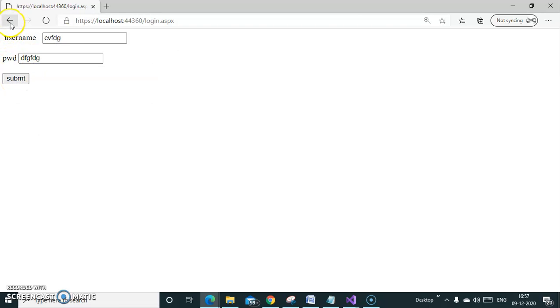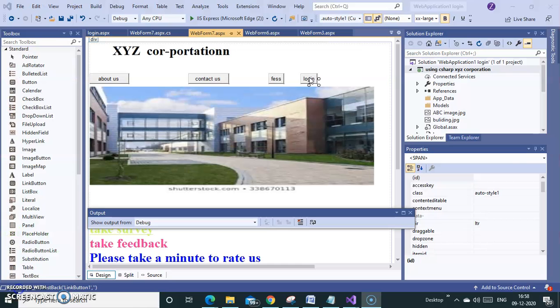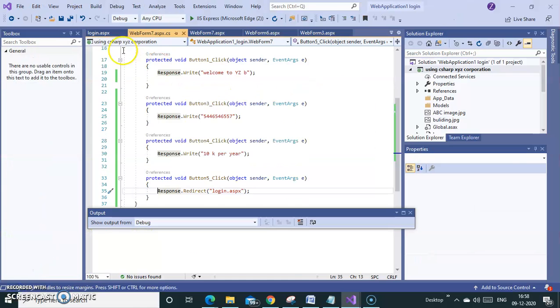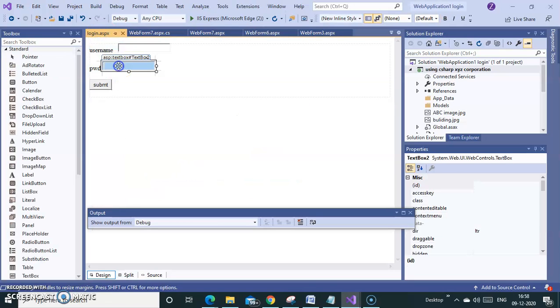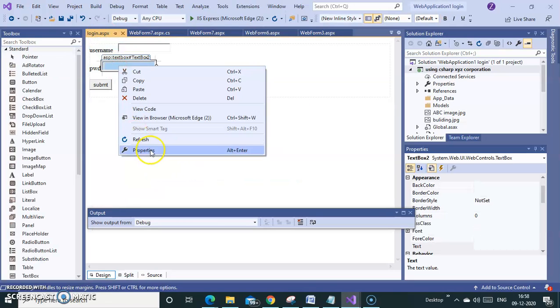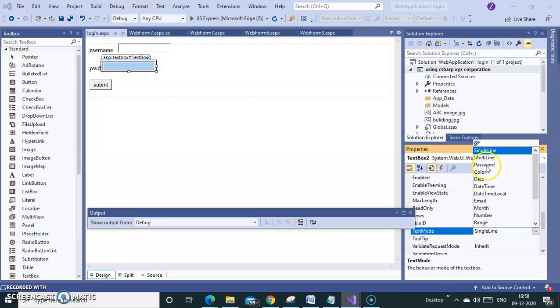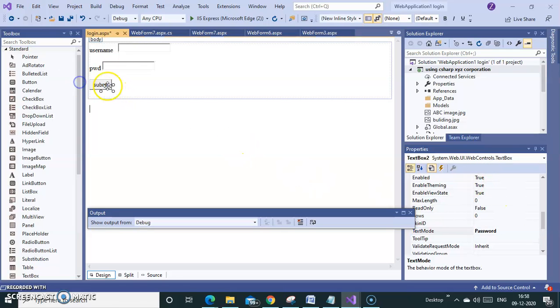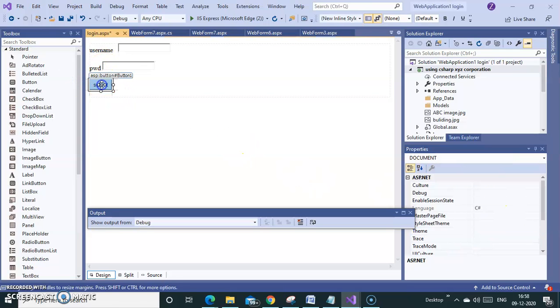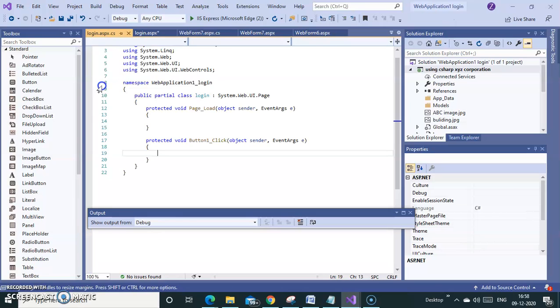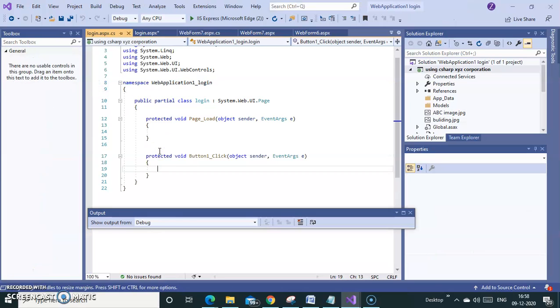Okay, then come back to the previous page. So this is our home page. And this is the login page. Okay, and password, if you don't want it to be displayed, select the password text box, right click, properties, select the text mode as password, then dots will display, the password will not display, that's all. Okay, and when the user submits it, it should display the message as submitted successfully. So for